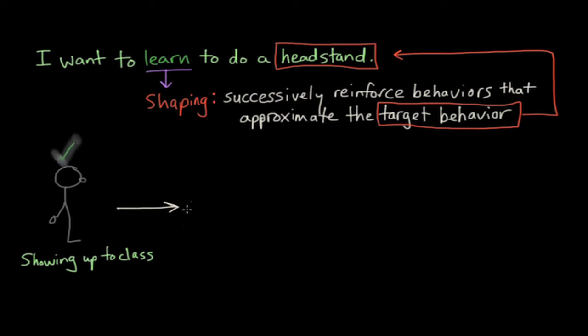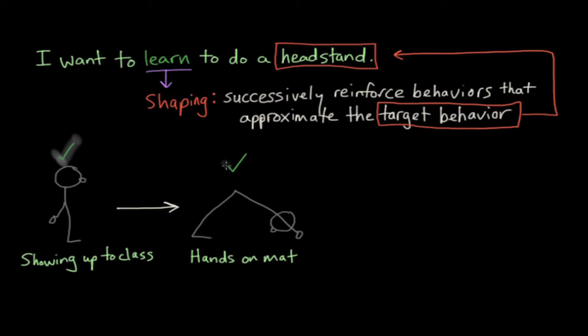And so next you want to reinforce maybe putting your hands on the mat. I'm told this position is called down dog. So we're going to reinforce putting your hands on the mat. And of course there are going to be several factors involved here, like making sure your legs are straight and your arms are positioned in the right place and your shoulders are positioned in the correct spot. There are a lot of factors if you think about it in just contorting your body in this position. And so you want to learn to do this properly so you don't have any injuries, and so you can ultimately be able to perform your target behavior of doing a headstand.